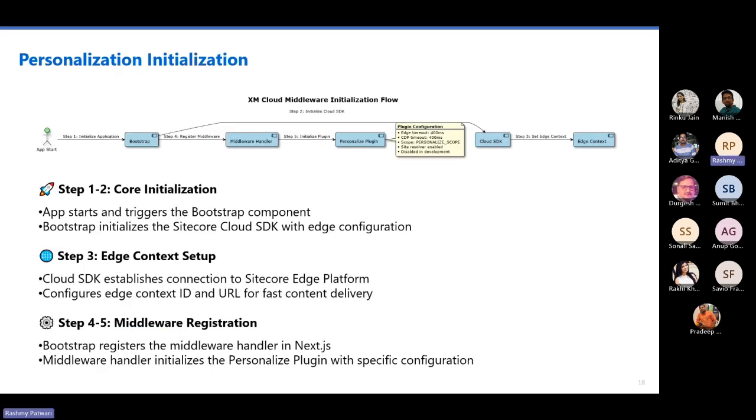Right, so let's look at this a bit over here. Here we are breaking down the key steps. I don't know how clear this is to you, but the key steps involved in initializing, so here we are segueing into the implementation side of things, wherein we have the headless app and how it is all integrated. You have the headless app, then a CMS in the backend, and personalization as a product, and how do we bring them all together?